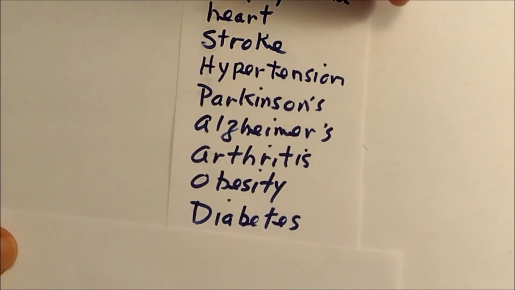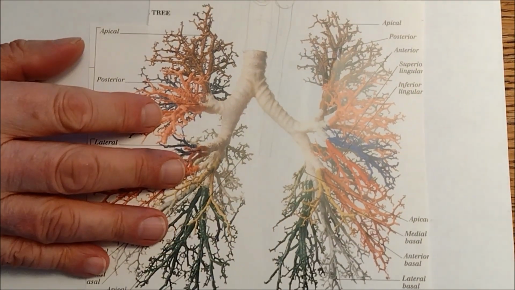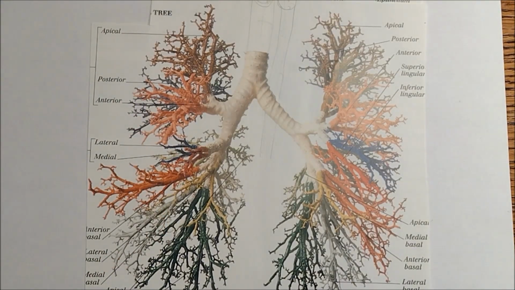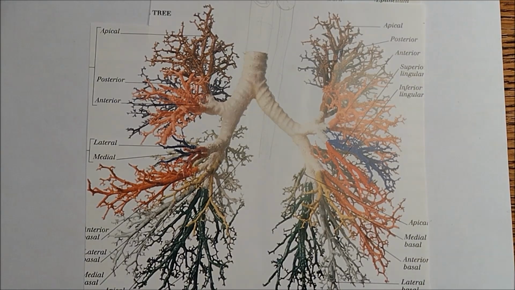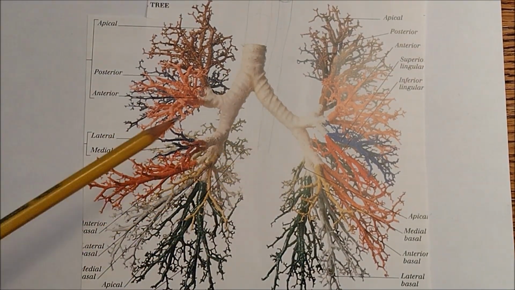All right. Some of these we have covered a little bit in previous modules, but today I'm lumping them all together under chronic diseases. The first one that we're going to take a look at has to do with the respiratory system. And as you can see, we're going to be talking about asthma and emphysema, both having to do with the respiratory system.